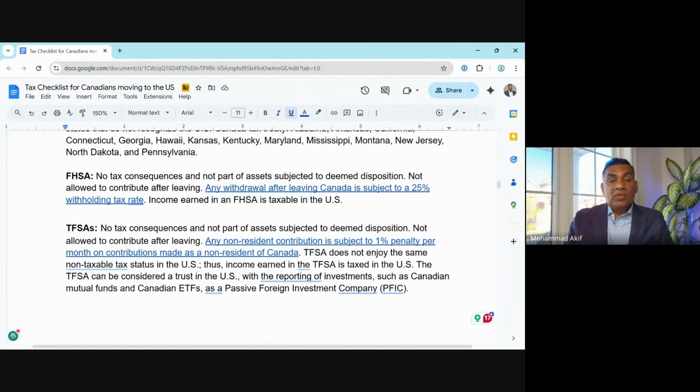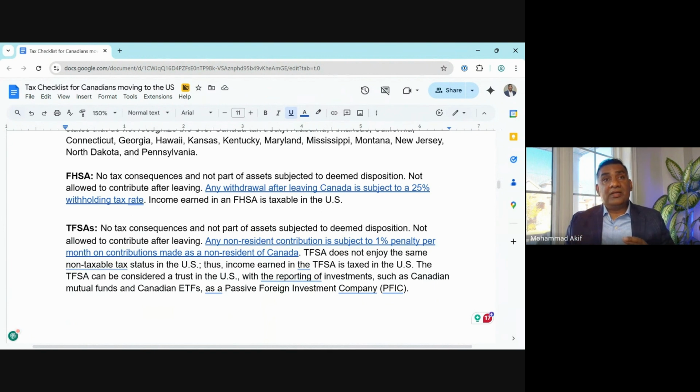So TFSA, again, no tax consequences, no deemed disposition on the Canadian side. You're not allowed to contribute once you do move out, right? So once you move, no FHSA, no TFSA contributions. If you do contribute once you have left Canada, there is a penalty. In order to stop that penalty, you have to withdraw all the funds. I've seen cases with some of my clients, in one case, a $15,000 penalty. In one case, we're still fighting the penalty. The penalty is about $10,000. So there are people who just don't know the rules, and sometimes they miss all these rules,